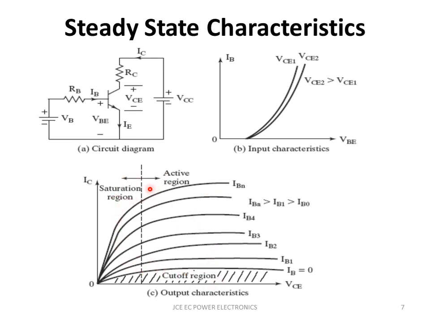So normally when you are in saturation, both the junctions, that is base emitter junction as well as collector base junction, will be forward biased. In the cutoff region, both the junctions will be reverse biased, that is base emitter and collector base will be reverse biased. And in the active region, you will have base emitter junction in forward bias condition, whereas collector base junction will be in reverse biased condition. So this is the steady state characteristics for you.